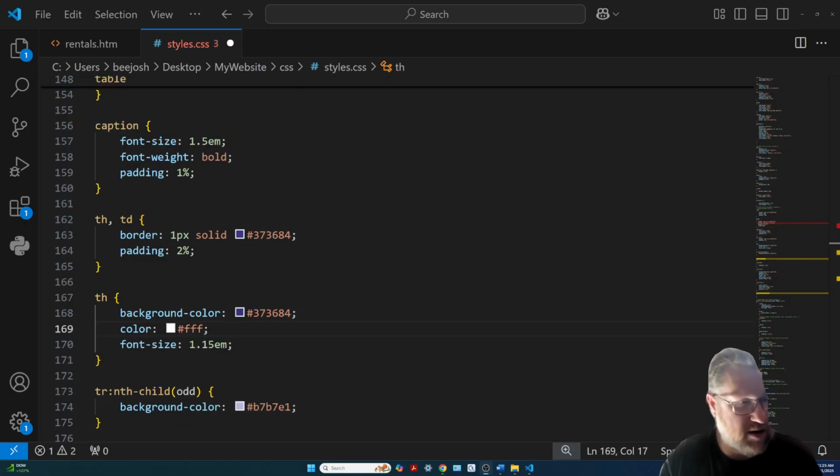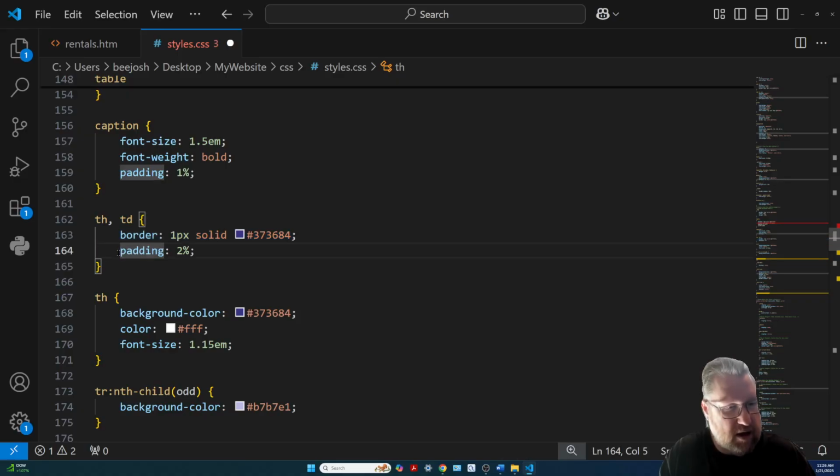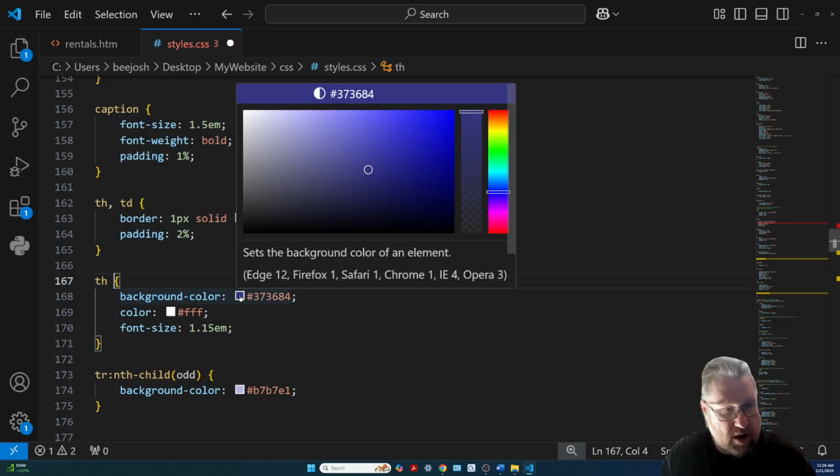Okay, I've got these typed in from the instructions. Caption: we're setting the caption to have a specific font size. It's going to be in bold. It's going to have a 1% padding around it. And then the table header and the table data are going to share the same attributes for the border, and then a 2% padding. And then we're going to have every table header have a specific background color